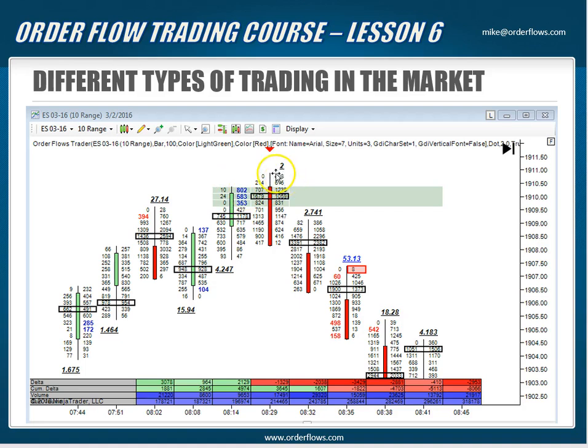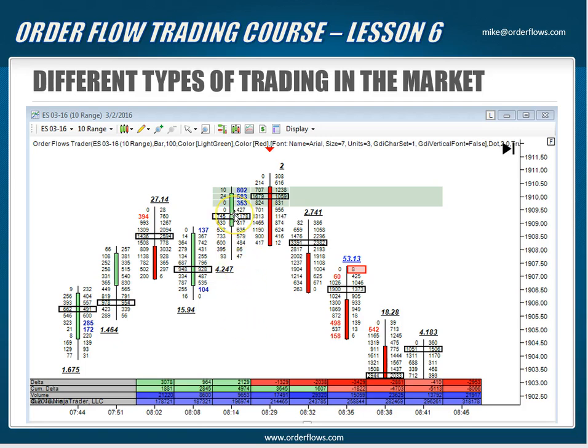Well, what happens? You got a divergence. The sellers came in. Forgive this bar. The next bar, again, the sellers have come in. Okay, so you're not yet convinced. This third bar has a single print and a bunch of selling imbalances in the bar. If you didn't really notice it in the second bar, in this third bar it's quite obvious. So you have to ask yourself, why isn't the market going higher?